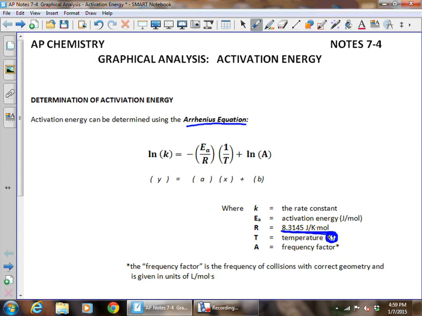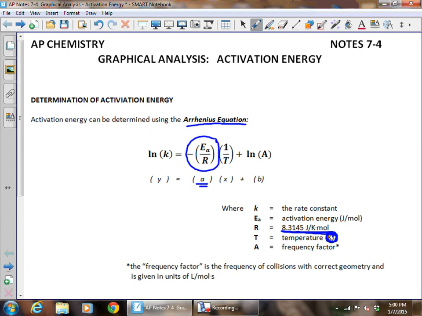We don't often use this particular equation, but if you look at how it's set up, you can see that it's set up in the form of y equals, I know we're most familiar with mx plus b, but remember our graphing calculators use a instead of m. So y equals ax plus b. The beauty part of this is that if we know the slope of a line that involves the natural log of the rate constant versus 1 over our temperature in kelvins, then that's going to give us a slope,